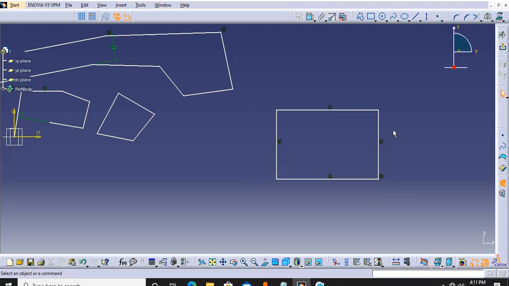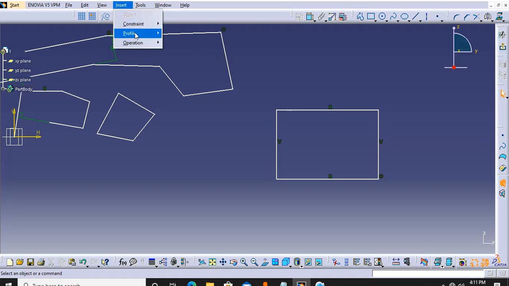While we will discuss the constraints, we will give it dimensions and constraints. We have two types of constraints: geometrical constraints, and here you can see geometrical constraints, and dimensional constraints. Geometrical constraints are constraints like the line is vertical or horizontal, is there any coincidence point, concentricity, coincidence, tangency. These are the geometrical constraints. And a dimensional constraint is the dimension of any figure like length, width, angle. These are the dimensional constraints.